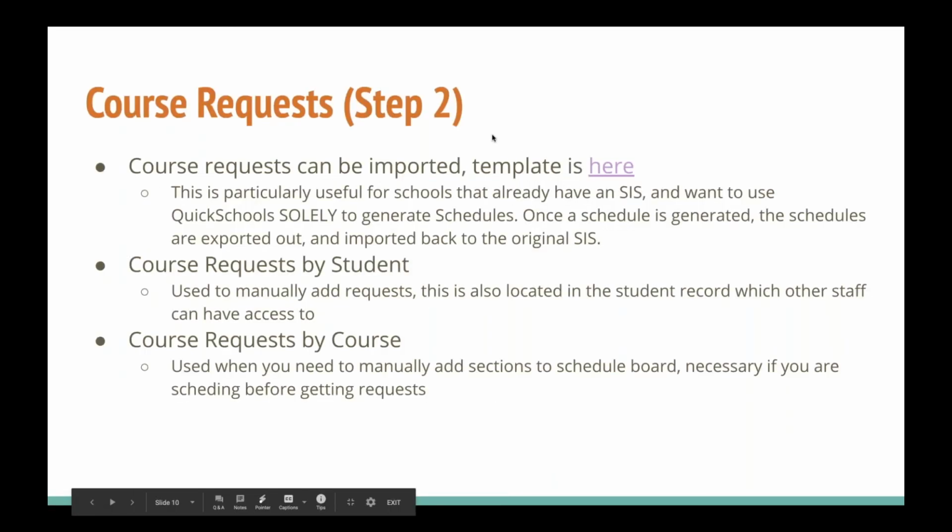Okay, so course requests. I should mention here that there is a function to import course requests from a template. This is particularly useful if you have another SIS that's already collected your course requests. So you can bypass step 2 and just import all your course requests into QuickSchools. But without that function, if you want to collect your course requests in QuickSchools, then you use the functions that